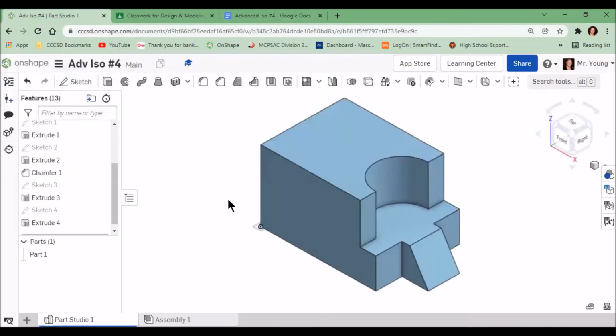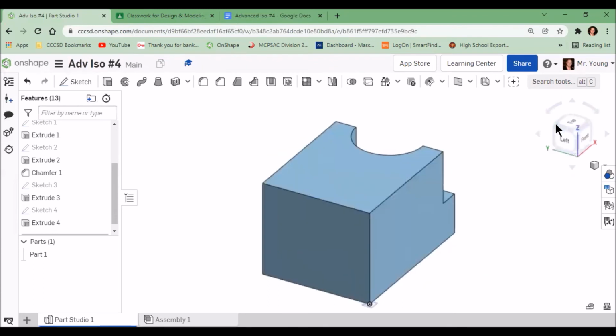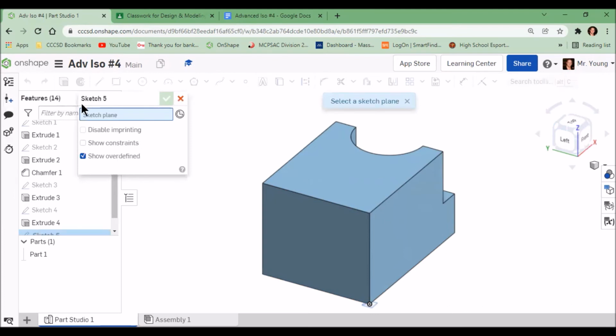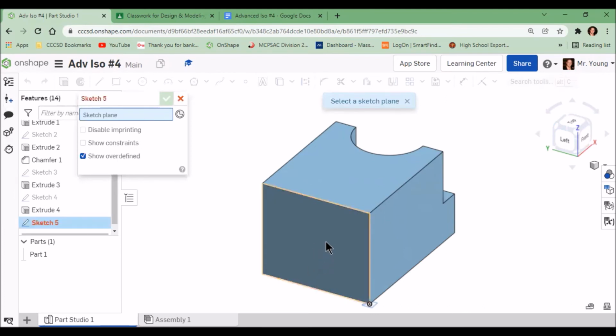Back in OnShape, I want to rotate around so I can put a sketch plane on the back left side of my part. To do this, I click on the upper left corner of my Cartesian cube. This should rotate the block 90 degrees, showing me the back side. This is where I'll establish my new sketch plane. So go ahead and click Sketch. Select the back surface of this block,